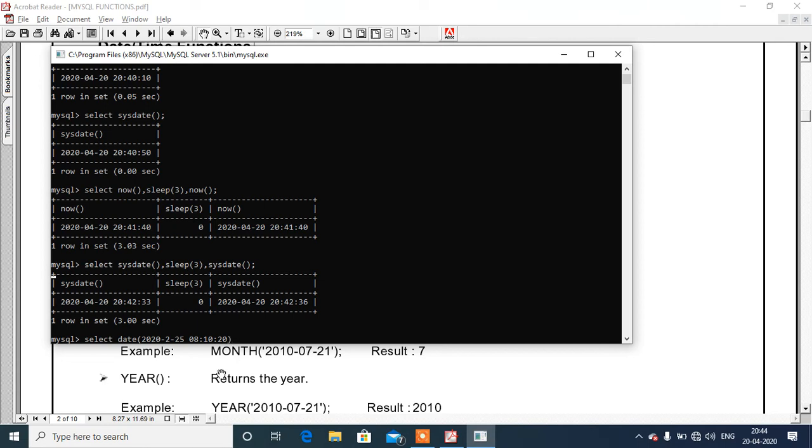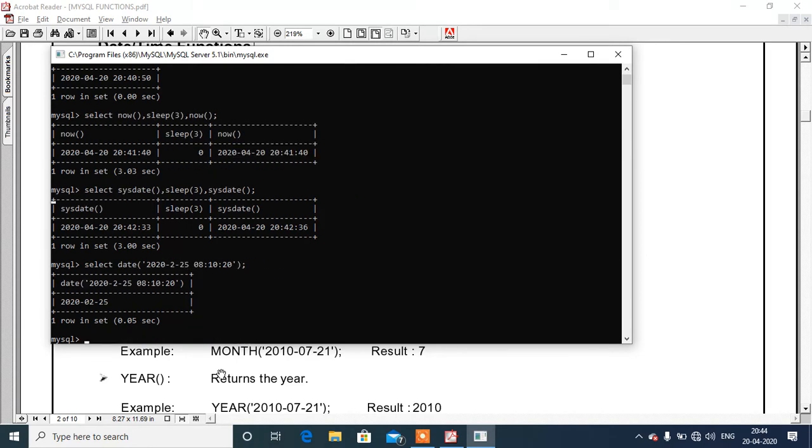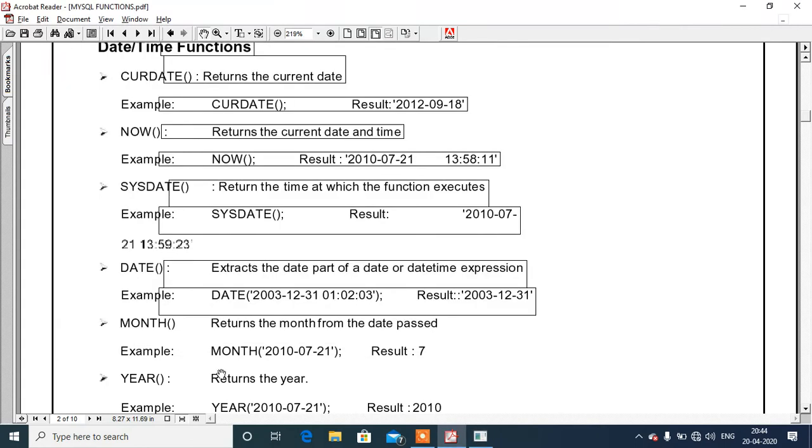This is a date type of value, so we have to enclose it in single quotation marks, and after it we put a semicolon. It will display only the date part of this date and time value. We can also use this with the sysdate or now function.